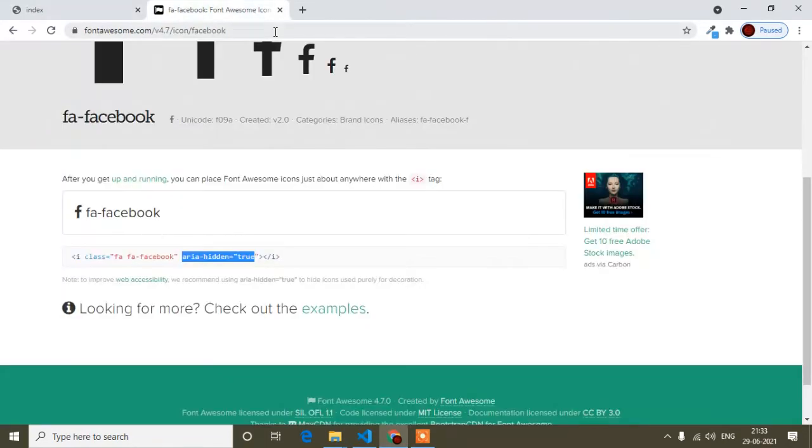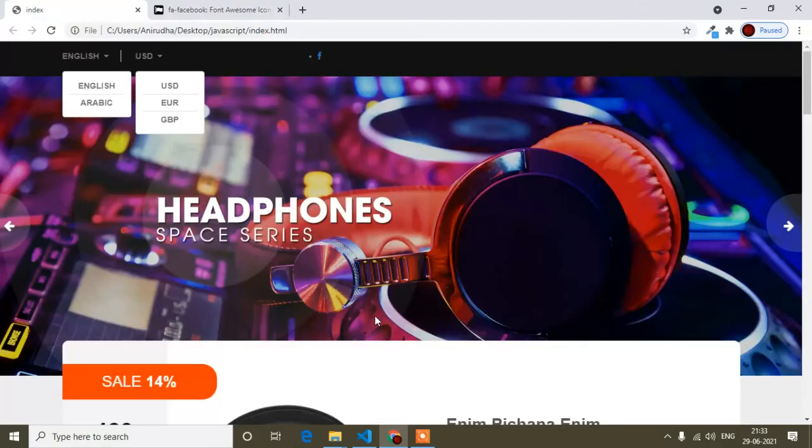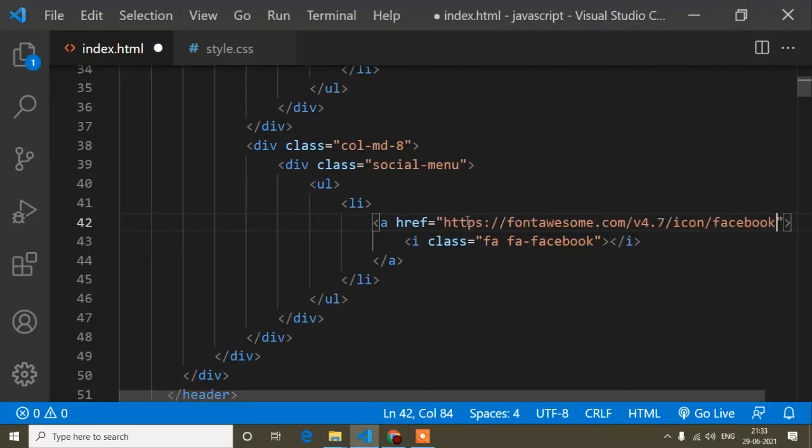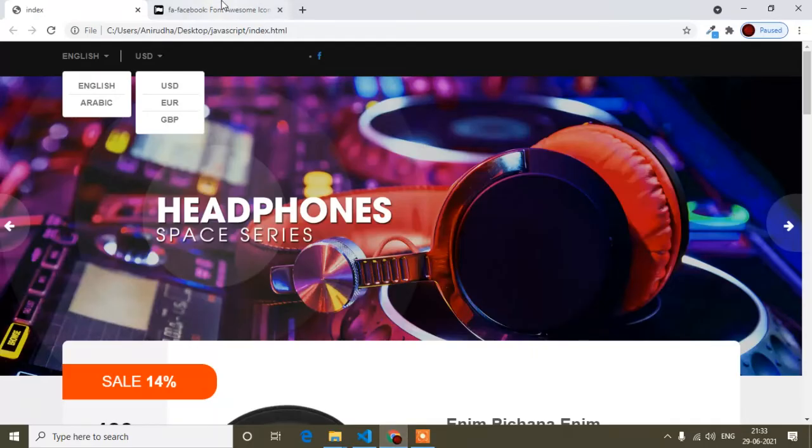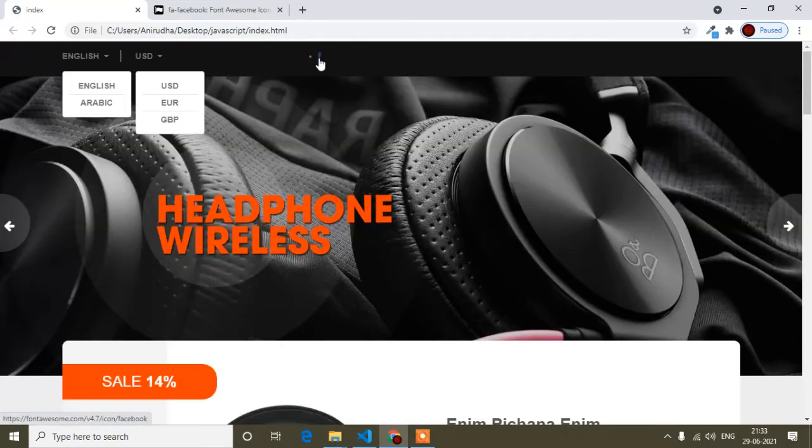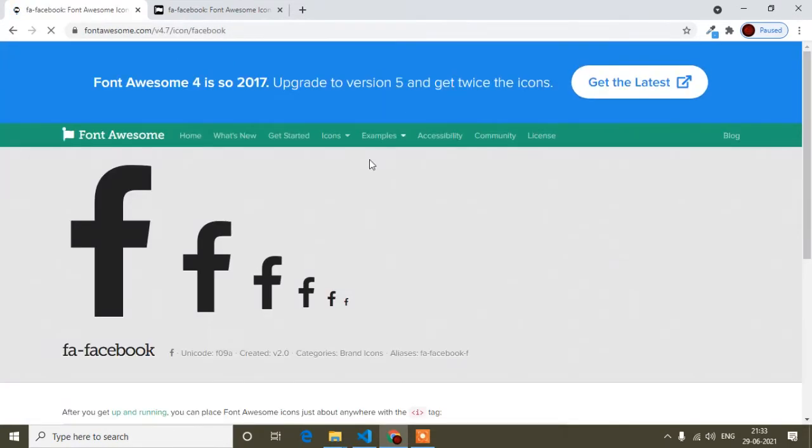Like if I copy this link and paste it inside this anchor tag, then when I click this Facebook icon, it will redirect to our Font Awesome site. If I refresh and click, you can see it redirects to the Font Awesome site. But here we should redirect to the Facebook account.